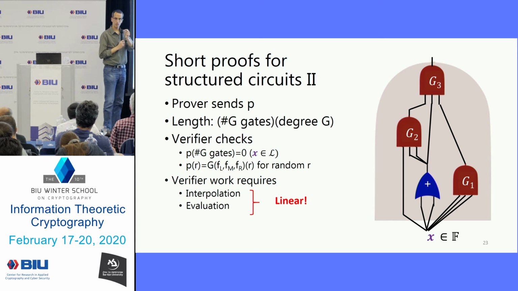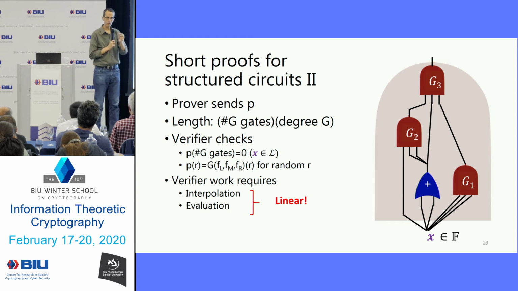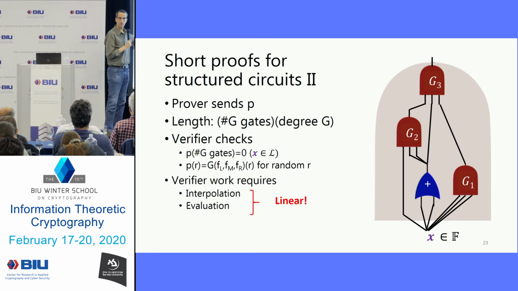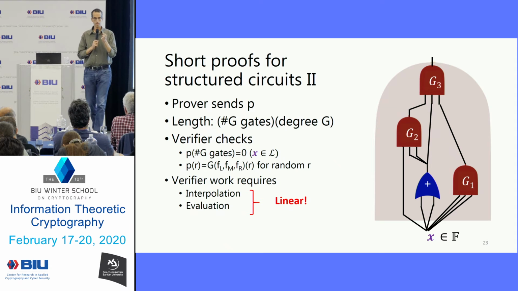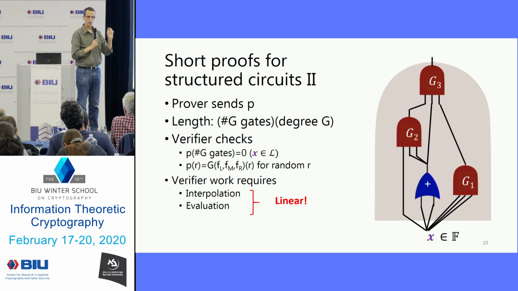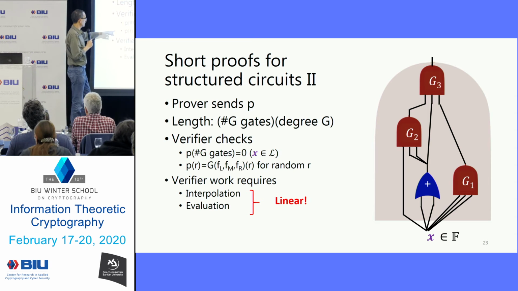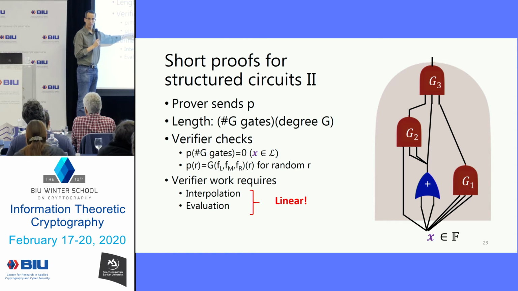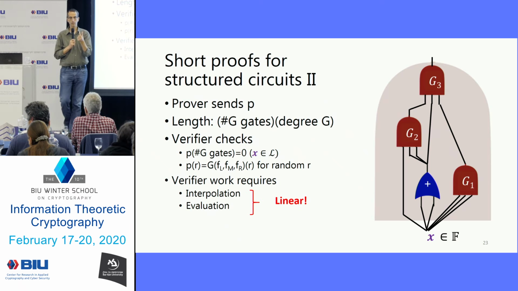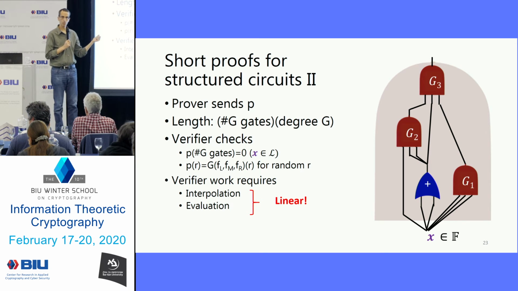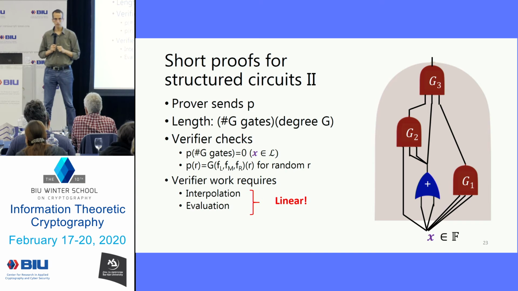If there is a mismatch at some point, the chance that this will pass is very low. If there is a mismatch, this polynomial and this polynomial are not the same. Okay, so their difference is a low-degree polynomial that's not 0. And if you check it on r,